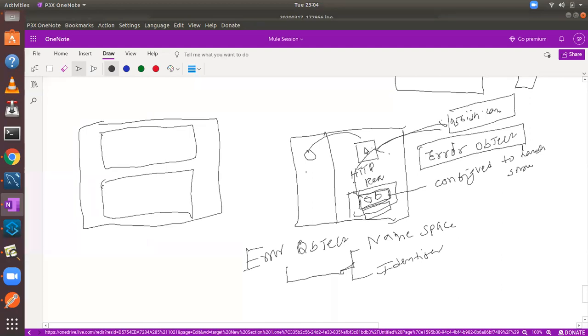Here we are doing an HTTP call to a host that is not existing, to a URL that is malformed, a bad URL, or not a valid URL. While you are calling an invalid URL, you may get an error. This is a kind of HTTP error, so the namespace is HTTP. Namespace means what the parent is, which category it belongs to. Namespace is the category, HTTP error.